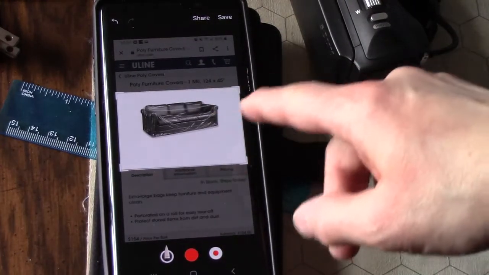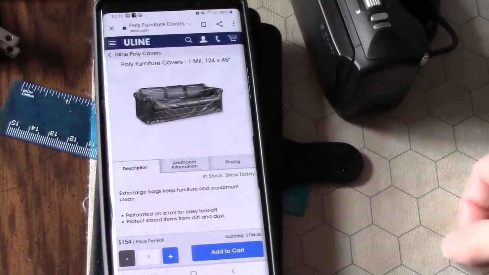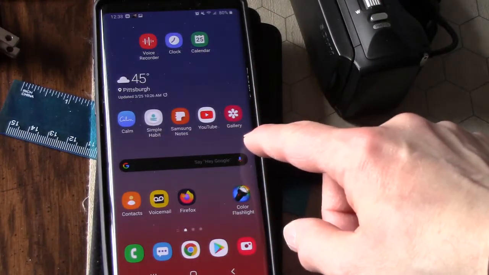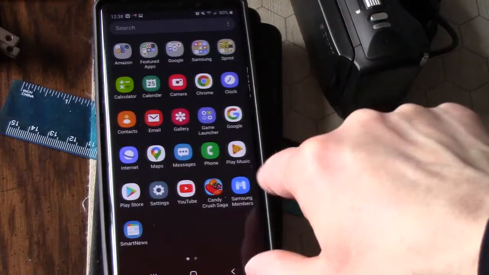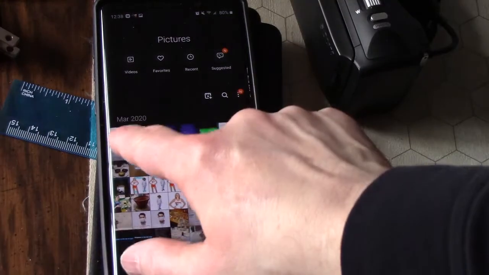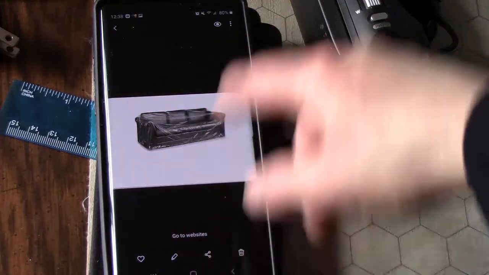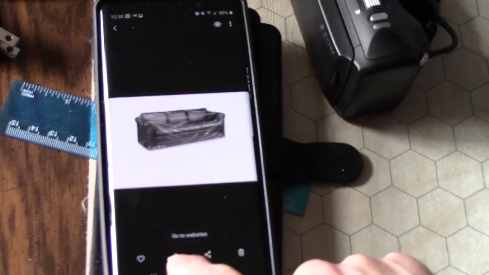So once you have this picture, you can hit save. When you hit save, it goes into your gallery. So you go to gallery, which I happen to have moved onto my desktop, but if you don't have it there, you just go into your menu with your icons, you hit gallery, and you can see a picture of a couch there. Now you can edit this picture by pressing the pencil looking icon at the bottom,